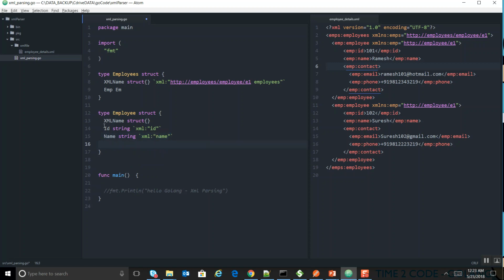It also has contact, so contact and contact type. XML colon double quote contact. Okay, so first let's define this here, and because it's two times, it needs to be an array. Okay, and then define the XML tag for the same employee colon double quote,